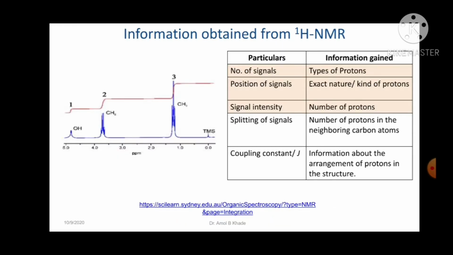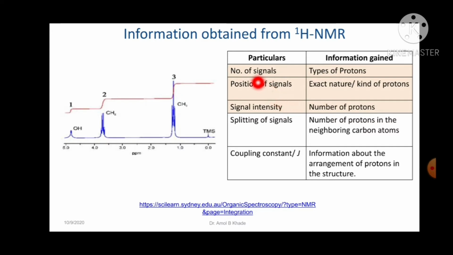The next point is the information obtained from H1 or proton NMR. In some question papers we find questions related to what information we can gather by recording an NMR spectrum. These are the points we can discuss here. Again, here I have shown you the NMR spectrum of ethanol, where we find 3 sets of protons corresponding to methyl, CH2 and OH, and there is an internal standard appearing at 0 delta value, that is tetramethylsilane. Already we have discussed these 3 pieces of information which we can gather from recording an NMR spectrum.